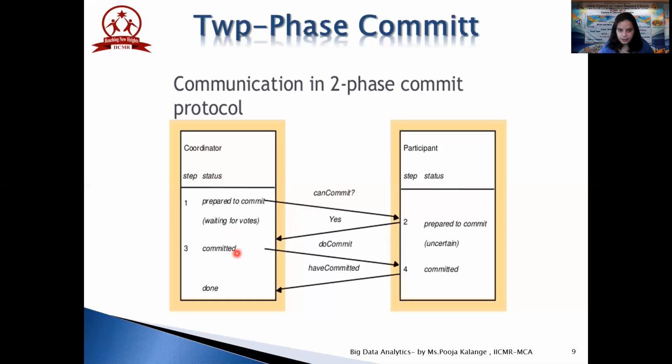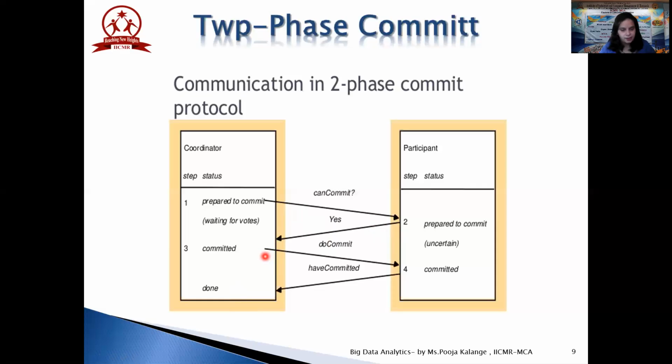After this commit status has been given to the participant, the coordinator will again ask whether it is a final commit, and a do-commit message is passed to the participant. After it has given a final commit message, the final commit is done on the database. This two-phase commit can end in a commit as well, or in an abort. If there is a message to abort the transaction, an abort message can be sent at this place. Okay. So this was the basic two-phase commit.